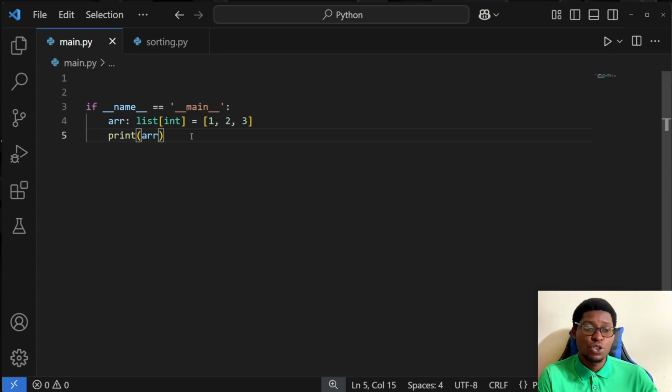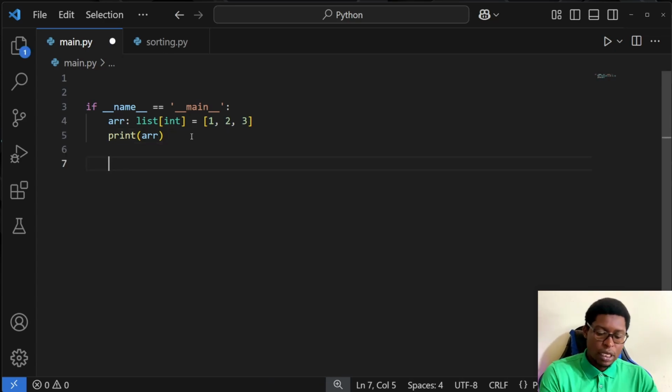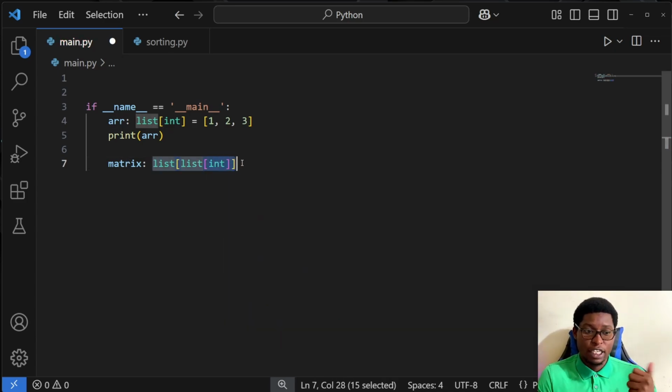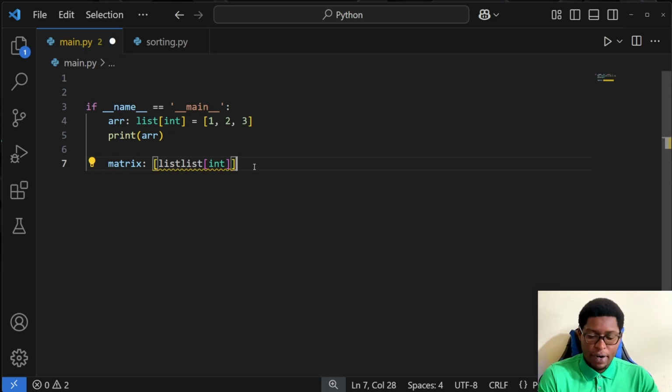So if you want to do a multi-dimensional array, I'll call this matrix, and what it will be is a list that contains a list of integers. So this is basically how you would define the two-dimensional array. It's a list that contains a list of integers, right? So if I'm to write this in code,